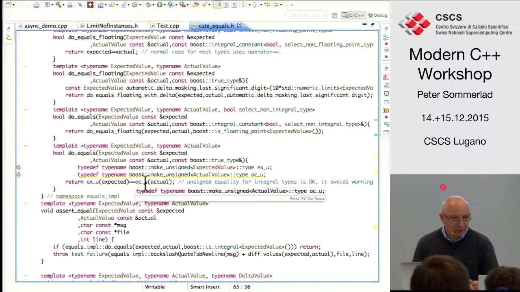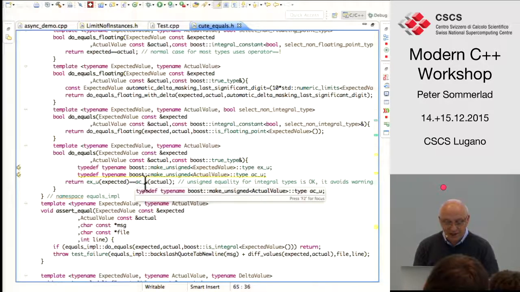Equality is not a problem because if the bit pattern matches, the values are okay. And if you happen to have a very negative value and compare it with a very large unsigned number, bad luck. You might get equality where your intention was not to get equality, but if you write your test case in that way, you get what you deserve.